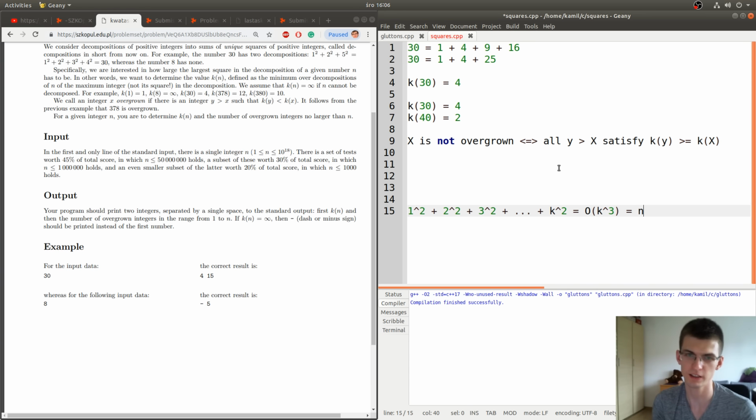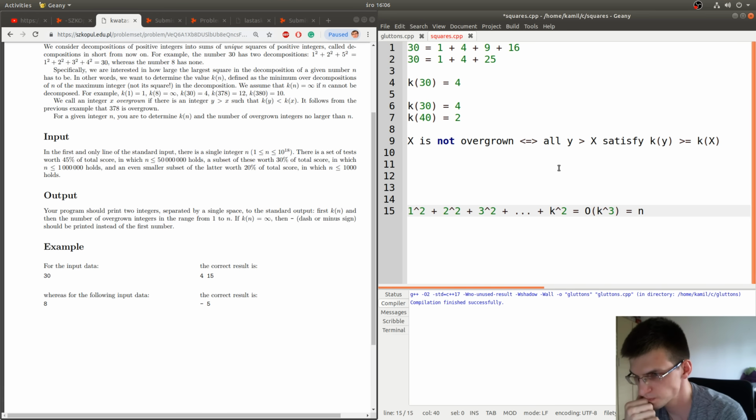So from this we get that k is n power 1 divided by 3. I'm not sure about that. Also, maybe it will be much harder because of infinities. So the question is, how many numbers are representable in this way? In this problem, I think it's a good approach to write some program and see what it shows us.